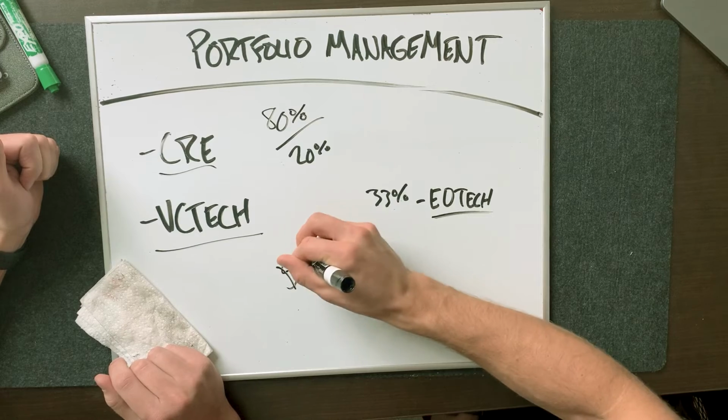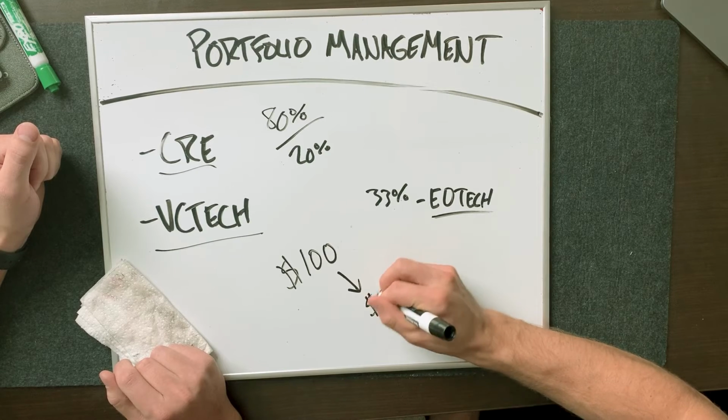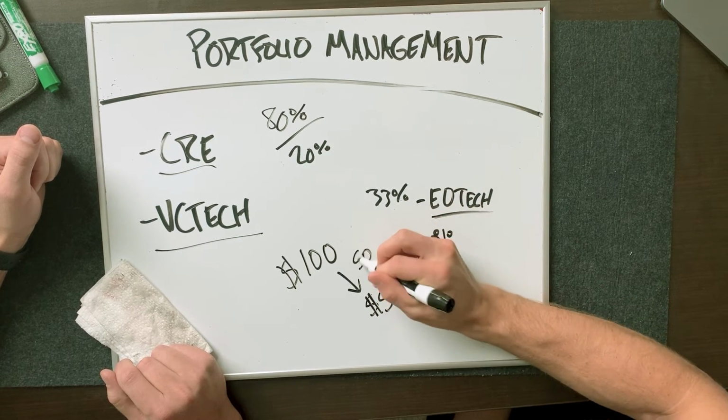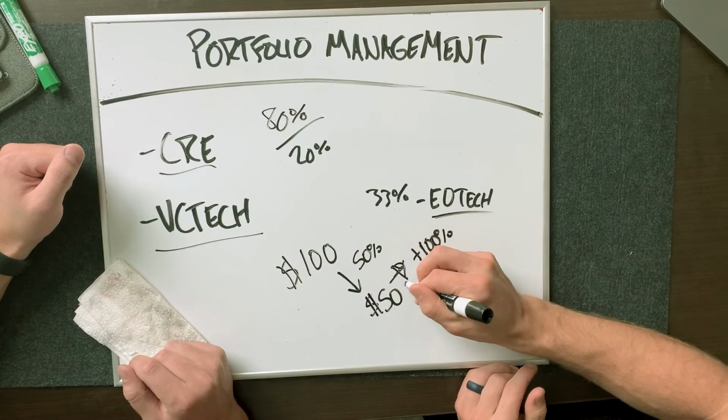There's a concept you guys have probably heard before: if you have $100 and over the week, a crazy crash, you lose 50% and you're now down to $50. To get back to $100, you would need a plus 100% return. So you lost 50, but to gain it back, you've got to almost double. That's what Swensen is talking about: if he doesn't lose, he's not trying to catch up over time. That huge 2007, 2008 crash took a lot of work and time and doubling back to get back to where they even were before the crash.